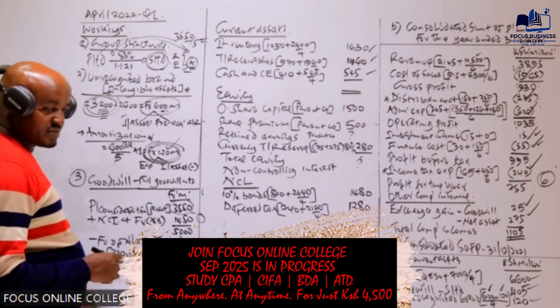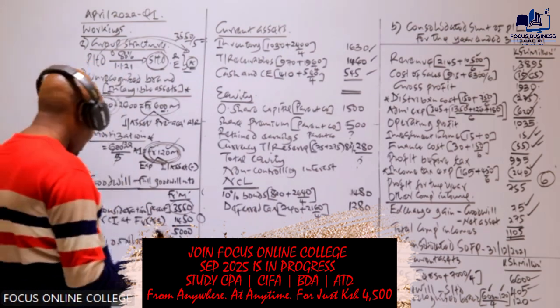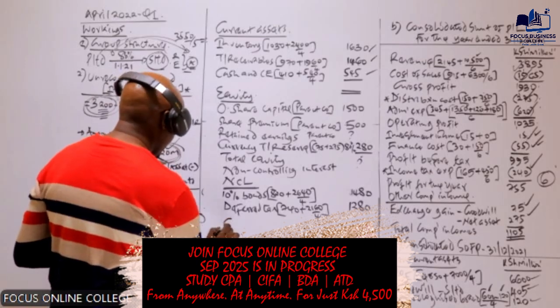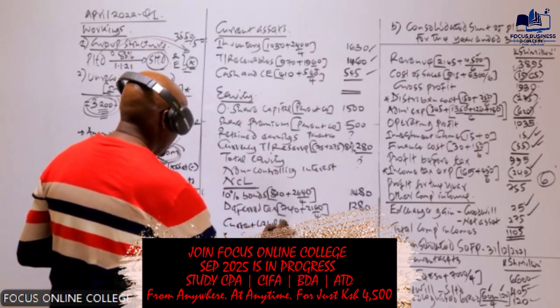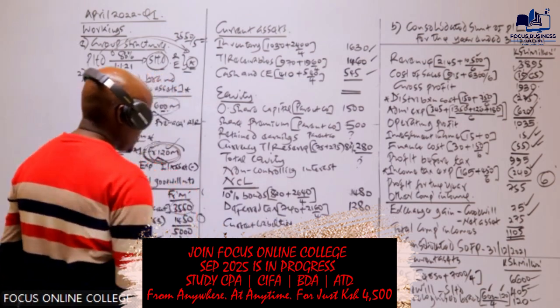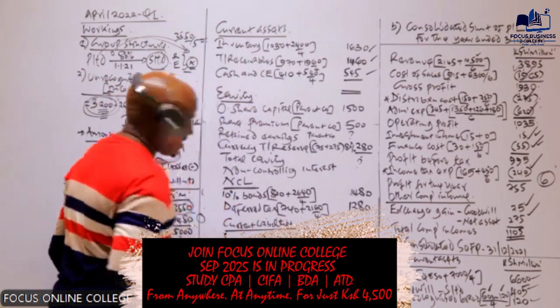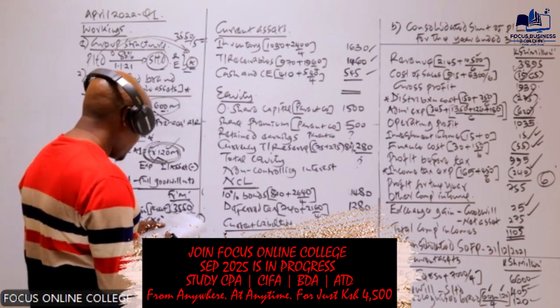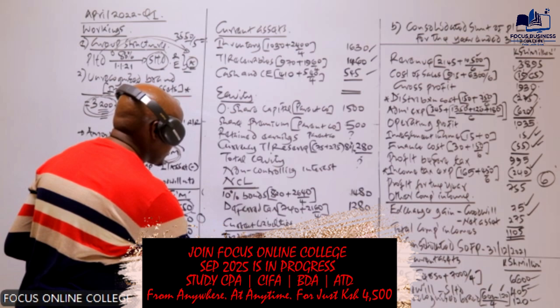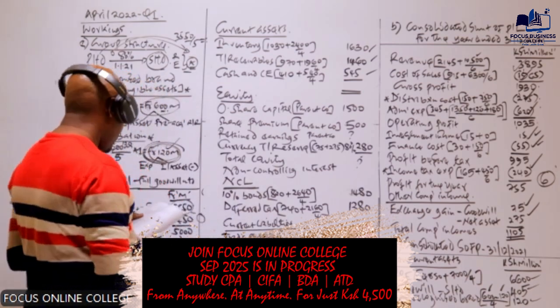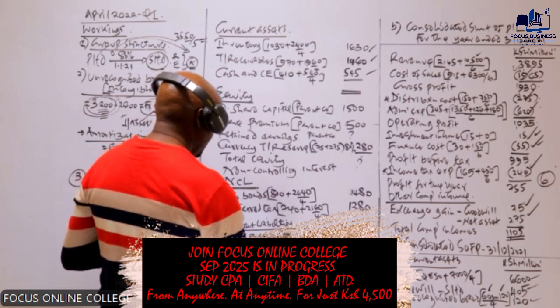Is that what you're getting? Yes. So then next we have the current liabilities. For the current liabilities, we will start with the trade payables. For the trade payables, we will take 1330